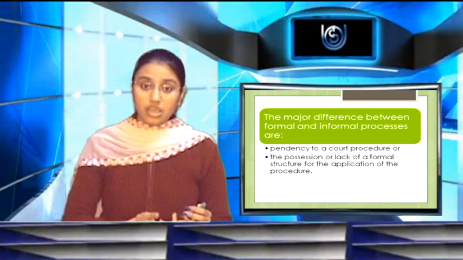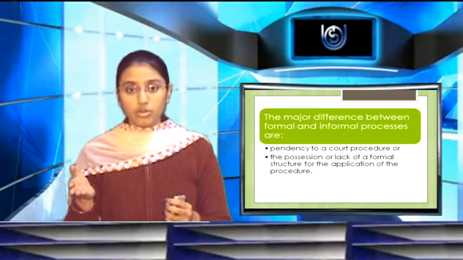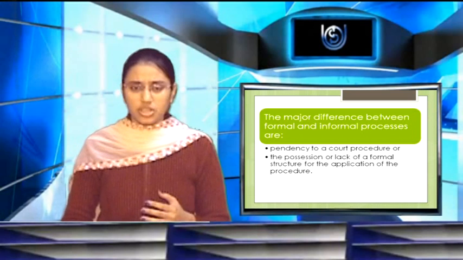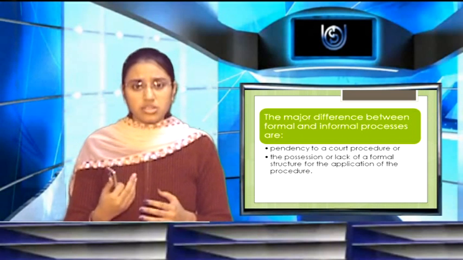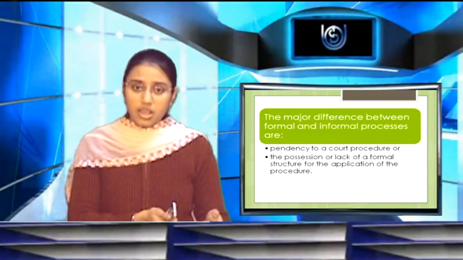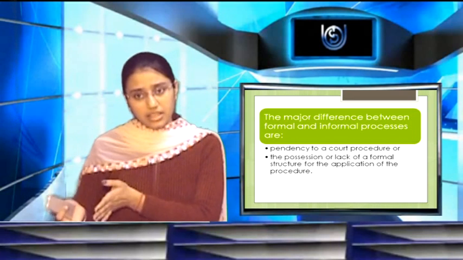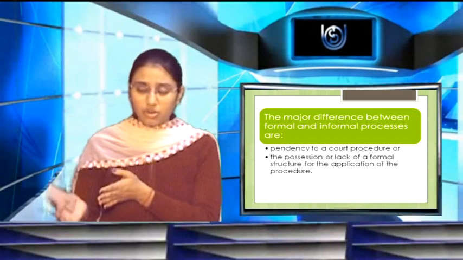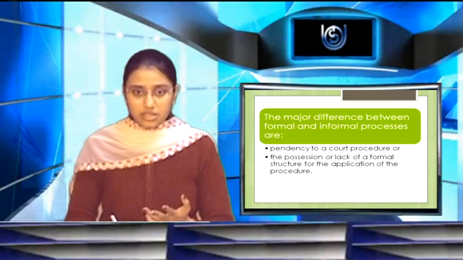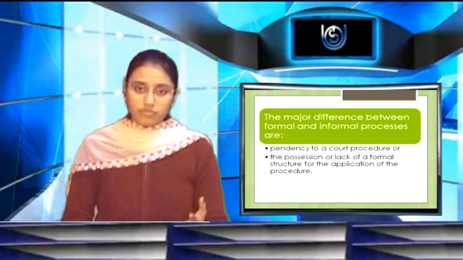Second, the lack of a formal structure. As with having very long court procedures, you can avoid the formal structures also, such as applying for the application and then coming into the procedures. To minimize all those practices, there is a formal structure and formal practices of resolving disputes, and the other has informal practices of settling by their own or by their mutual understanding. So that minimizes these things. These are the two major factors through which there is a difference between formal and informal procedures.